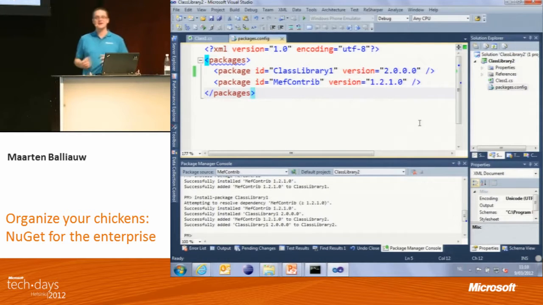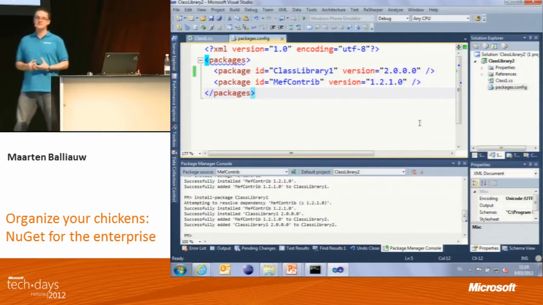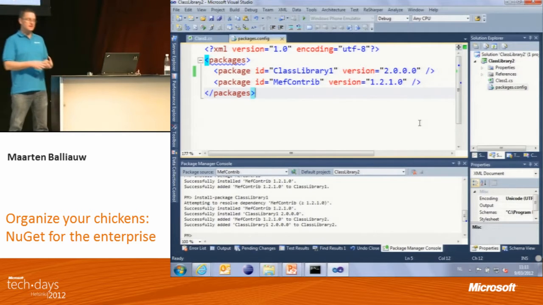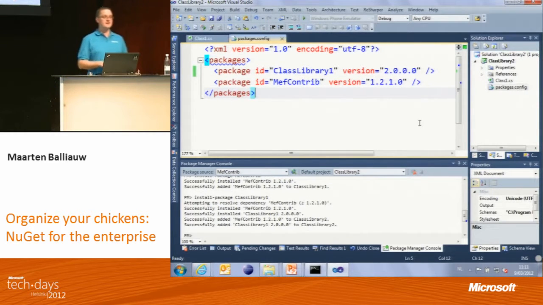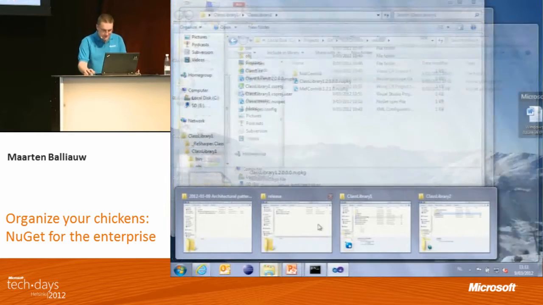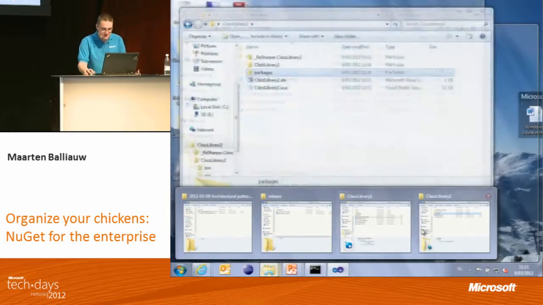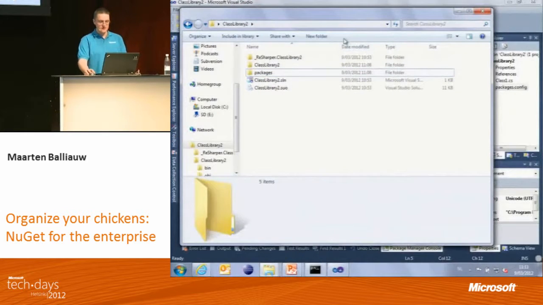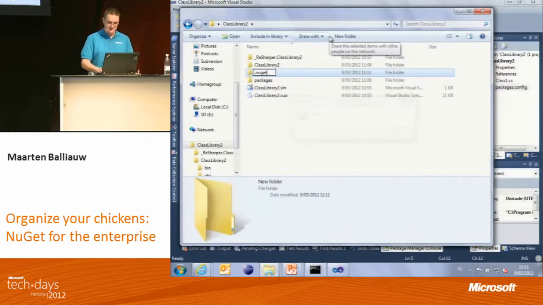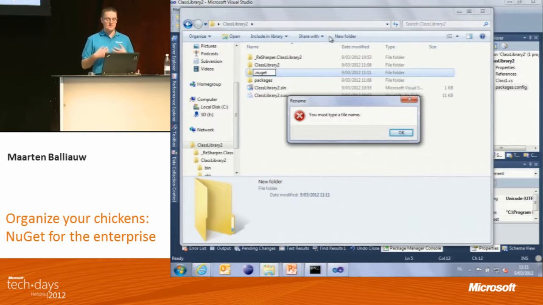What it would typically do is download NuGet, make sure NuGet is on my system, so the NuGet.exe file, and it will add a new folder in here, which is called .NuGet, and of course you should add that one in your source control. That one will contain all the magic required to automatically download and fetch all the information that you should include